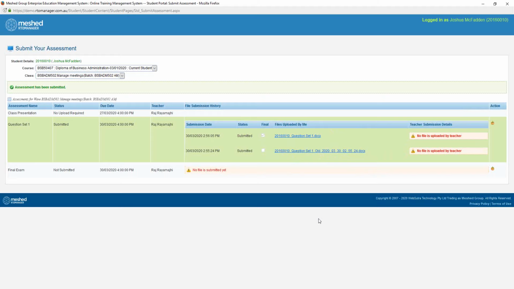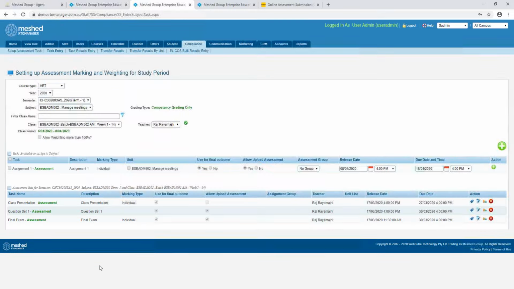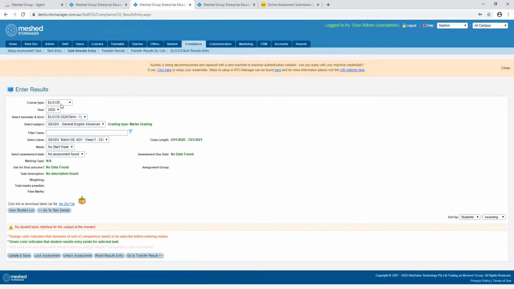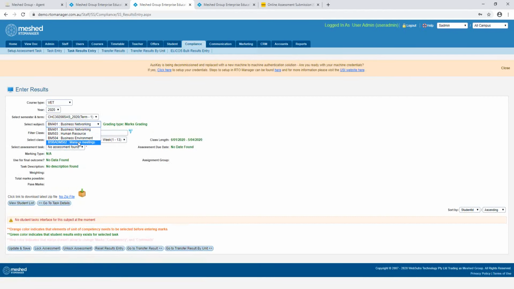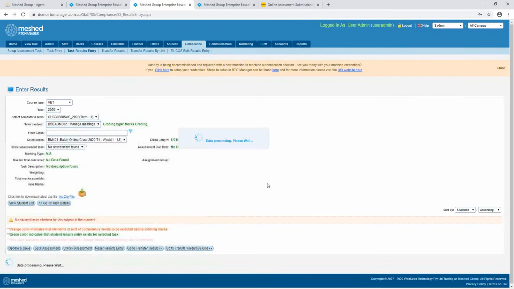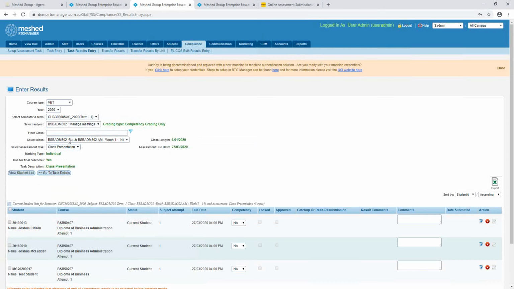So once the student has uploaded their assessment submissions, they're available to staff through the staff portal or through teachers if the teachers have access to the teacher portal. So let us return to the staff portal. The third step in the academic progress is the task results entry. If we come here and we navigate to the particular class that we're just using in our example here,